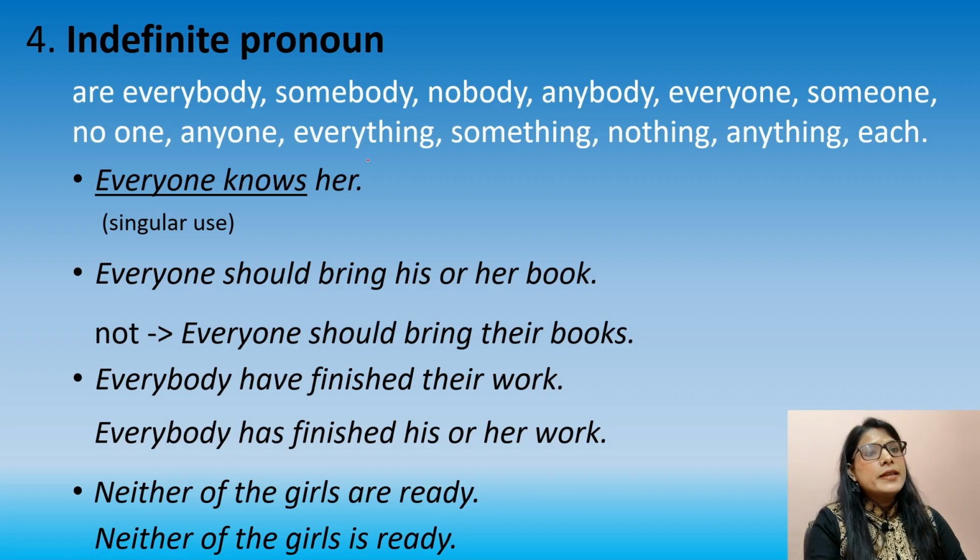Next we have indefinite pronoun, so indefinite pronouns are everybody, somebody, nobody, anybody, everyone, someone, no one, anyone, everything, etc. ये होते हैं हमारे indefinite pronoun। सबसे पहले तो ये everyone, everybody, somebody and anyone, something we use as a singular, okay। Singular की तरह हम इनको use करते हैं, everyone knows her, okay, this is correct, we will not say everyone know her, no, everyone is singular, हर कोई उसको जानता है, तो हर कोई में एक, हाँ।